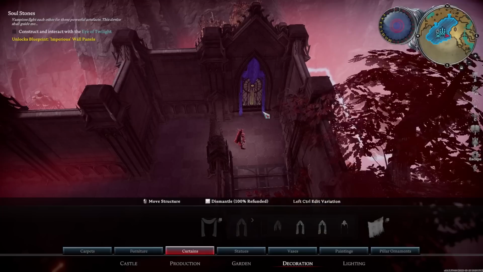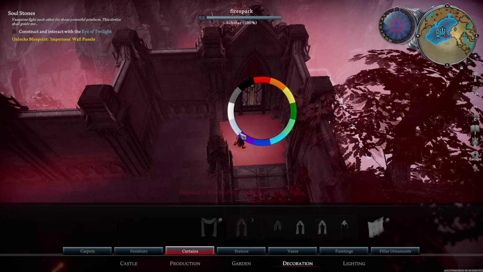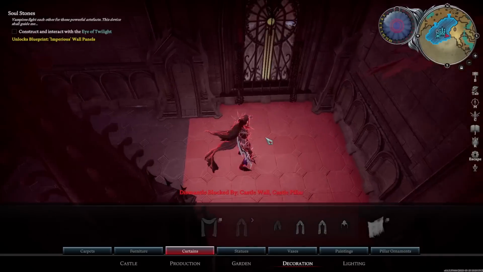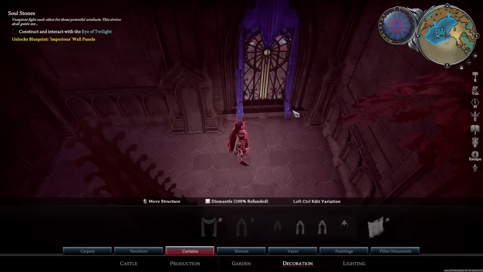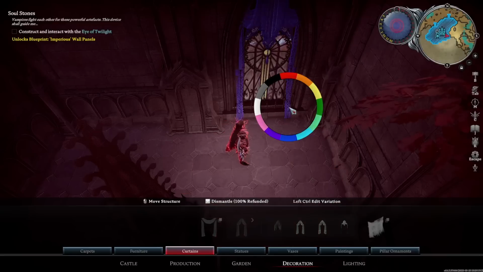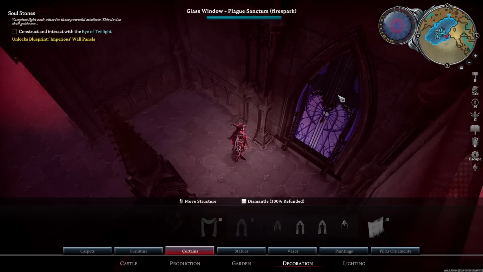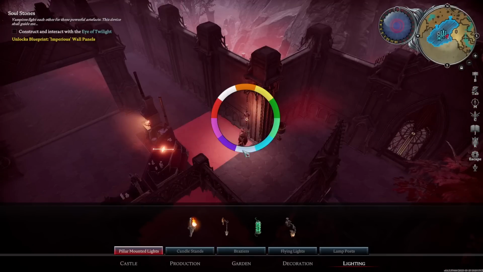But if you don't have that specific thing up, you can change the color of an item just by highlighting over it and holding down the control key. This will bring up a little radial pop-up that gives you all of the color options for said item, allowing you to quickly and easily change the color of multiple items in your castle without having to go through a